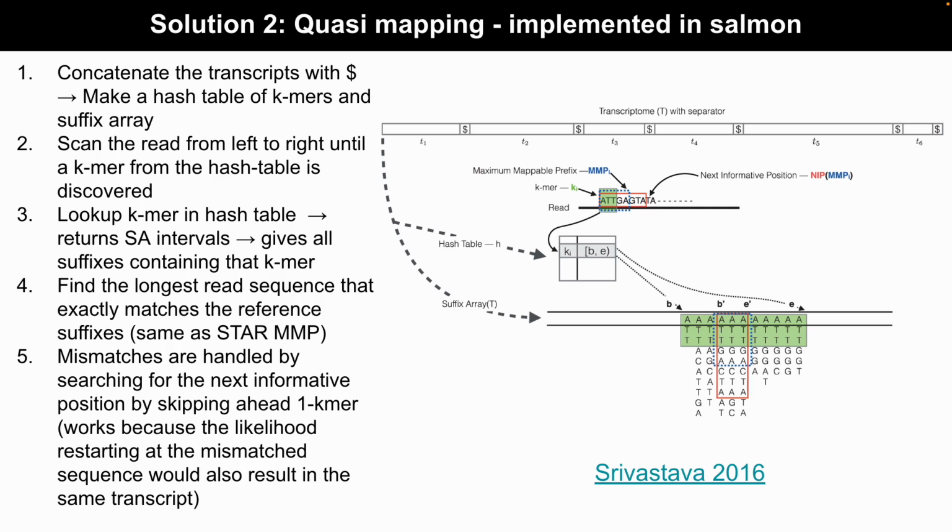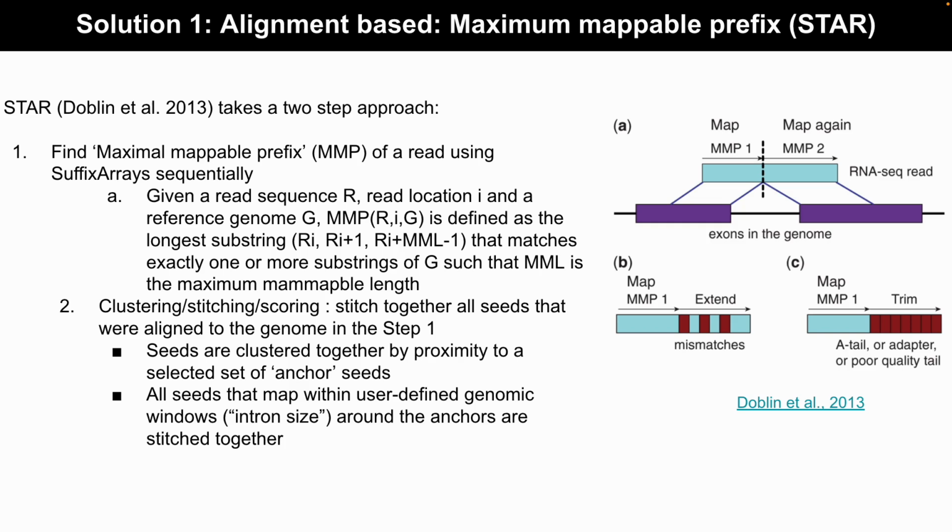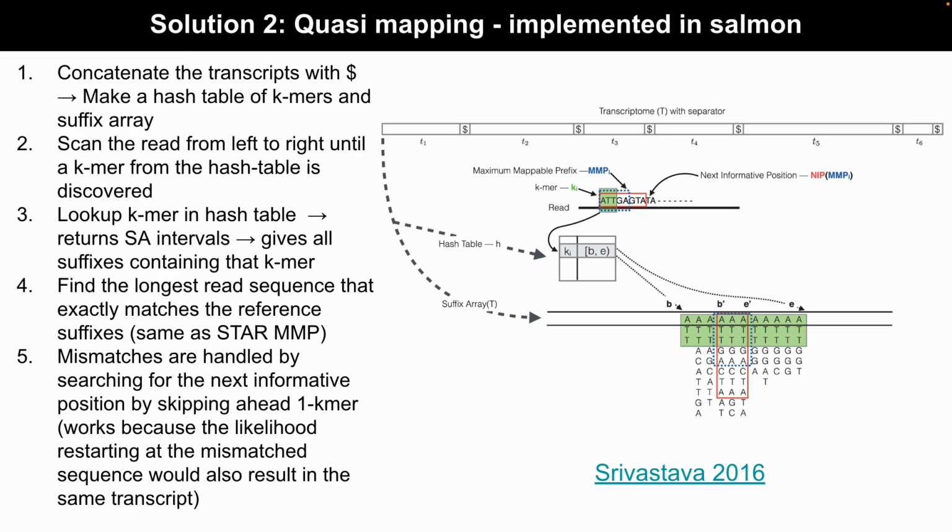So the difference between this and STAR is that STAR will do it individually, where it's storing the suffix array of your individual exons, whereas in this case you are storing a much more compact suffix array of your transcripts or your isoforms, which are separated by your dollar operator. So it is in essence much faster to run, because the suffix array size is going to be much smaller,